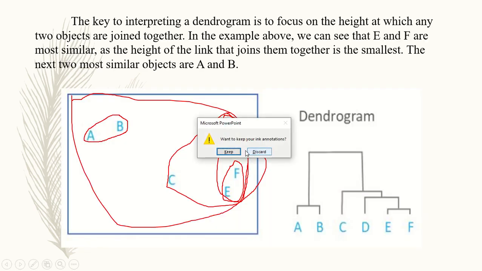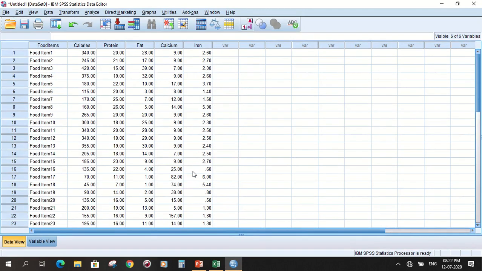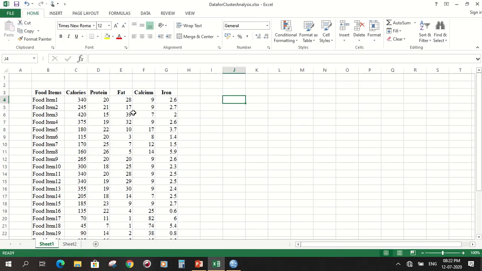Next, we will see one example in SPSS. For doing this cluster analysis, I am using an example of nutrient data on calories, protein, fat, calcium, and iron. These are measurements of food items on these variables.